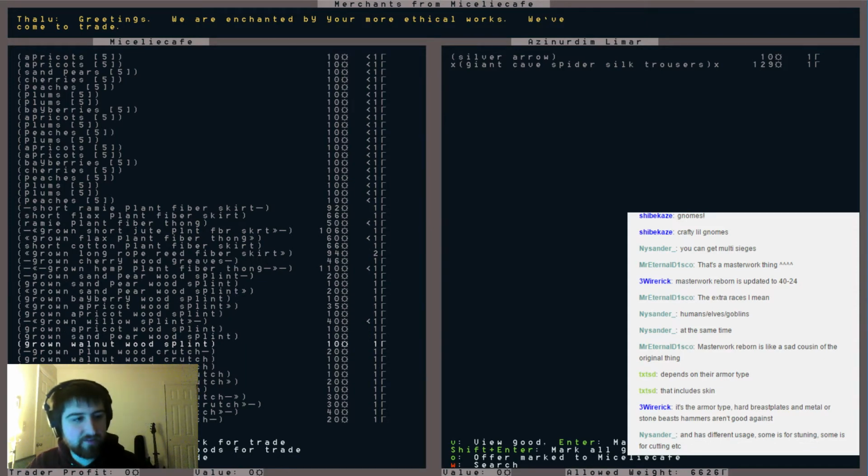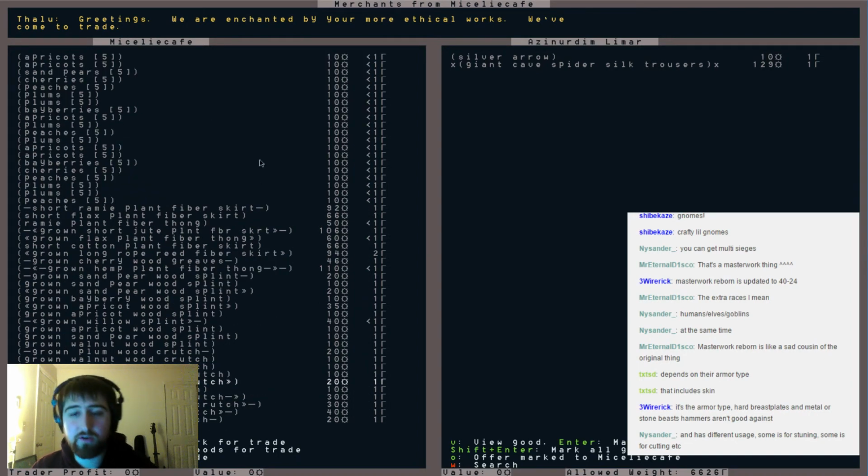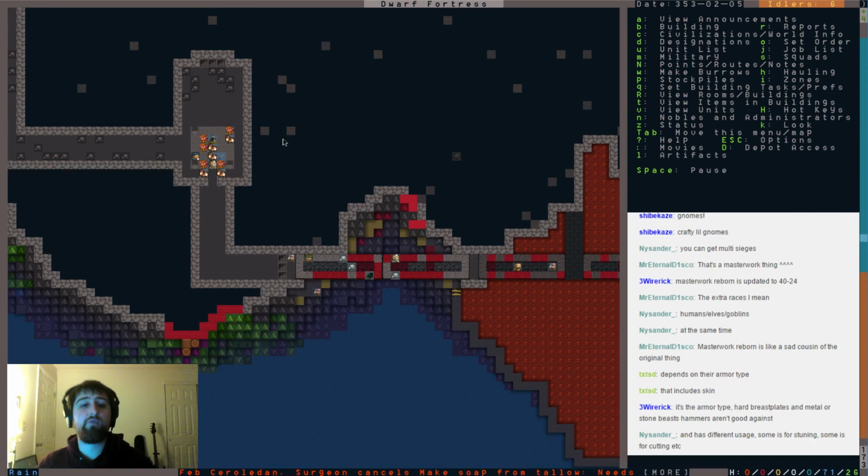Is there anything else these guys have we need? I think we might just buy all of their fruit, and that's it. So we'll just wait to see how much we actually have worth of stuff to trade them. They didn't have anything super useful for us, which is kind of